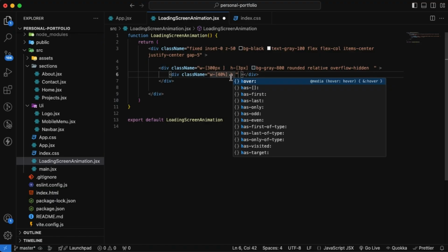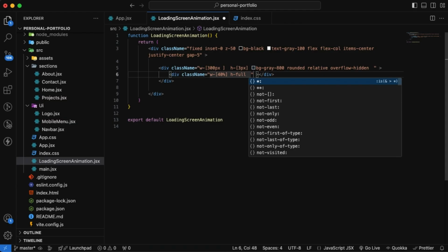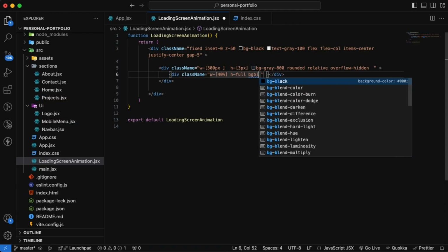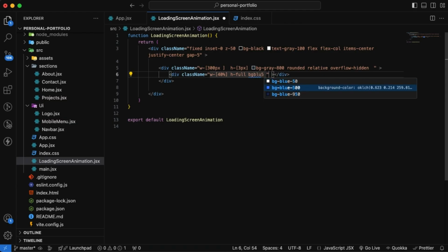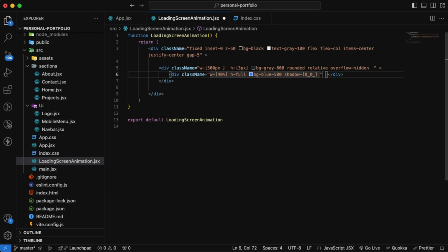So it will cover all the height of this first container div, so to be full. And we want a background of blue 500 and the shadow also 0 0 15 pixels,